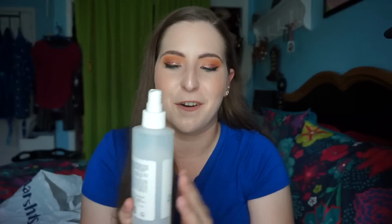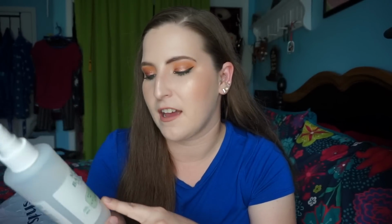But I really like this spray. I use it as a makeup finishing spray. I also use it to prep my skin. I use it as a toner, so many different ways that I use this spray. I love it so much. I think this is like $12, so I think it's pretty fairly priced, especially for such a multi-use item in my opinion. I guess we'll move into skincare because that was kind of a skincare item and also a makeup item,